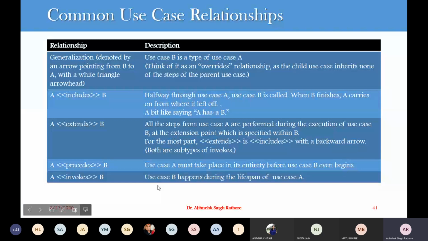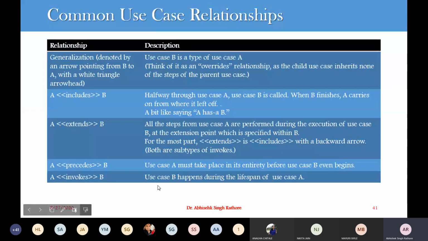Then we have one more relationship, known as the precede relationship. The precede relationship says that a use case A must take place in its entire lifespan before use case B begins. So let's say I want to check the details of my fees payment in our ERP.